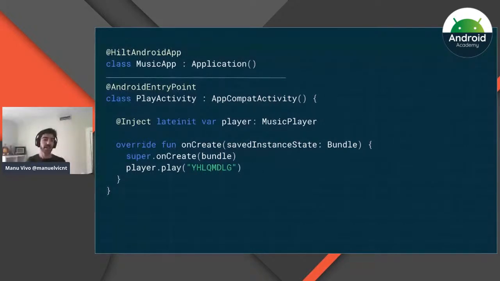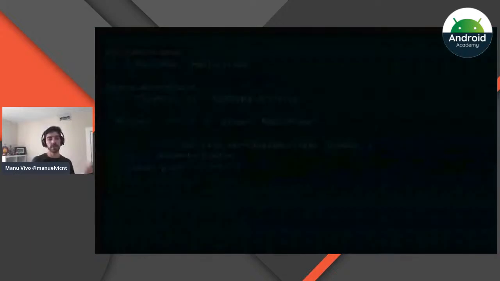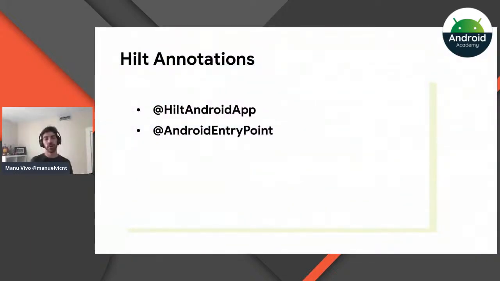And I didn't say it before, but Hilt works with annotations. So basically, it's going to run an annotation processor that is going to generate that code for you. And so far, we've seen the @HiltAndroidApp to set up Hilt in your application, and then @AndroidEntryPoint to tell Hilt that this Android framework class is using Hilt and requires injection.